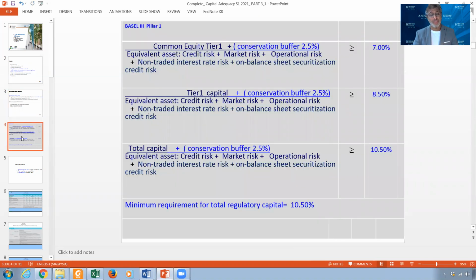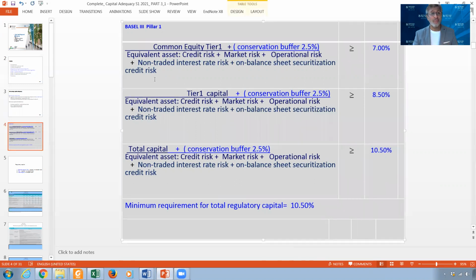Now, unlike the leverage ratio, which is one ratio, capital over total asset, here we have different things. We have 3 types of capital. We have the common equity tier 1, which has to be equal or more than 7%, and then we have the tier 1. They will tell you what is tier 1, what is common equity, and what is the total capital